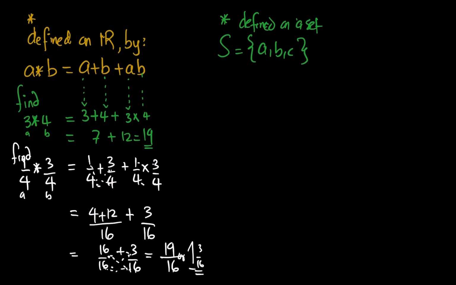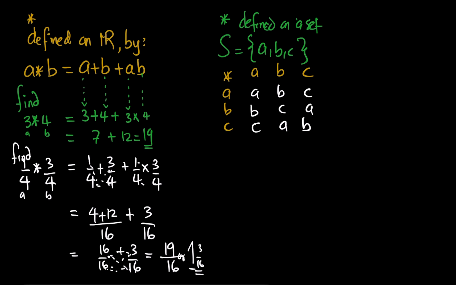These are the members of the set S. Now a table is given on star, where you have A, B, and C. You also have A, B, and C here. This table is already completed. We have an A, a B here, a C there, but we have a B, C, and A, and we have a C, A, and B as the elements in the table that we have completed. Now, the question says we should be able to determine whether or not the binary operation star